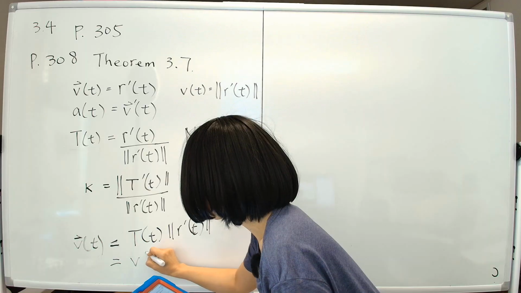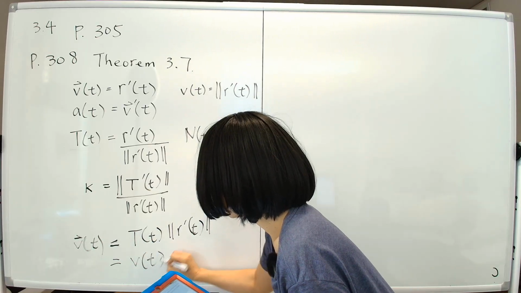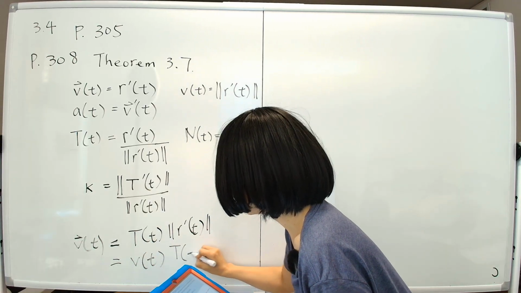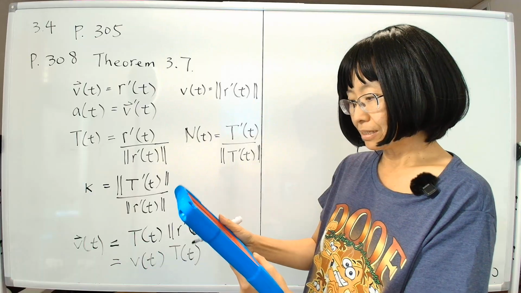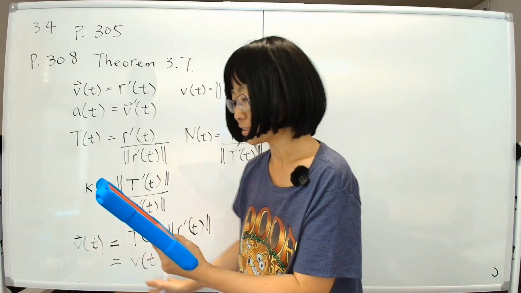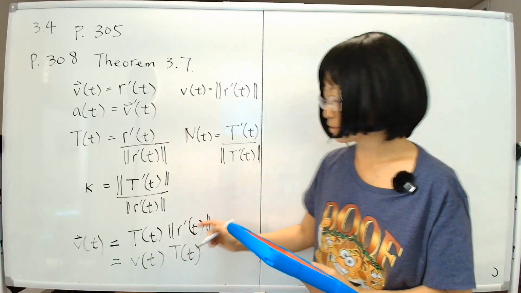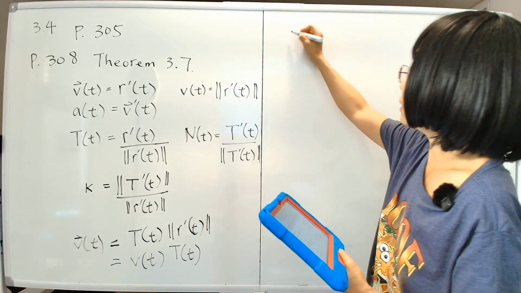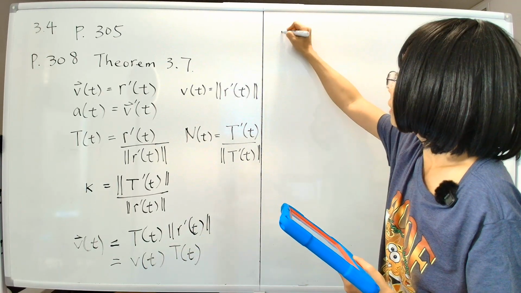V of t and then big T of t. And then that will give us this one equation. Now, the next step we're going to calculate what a of t is. Now, a of t,